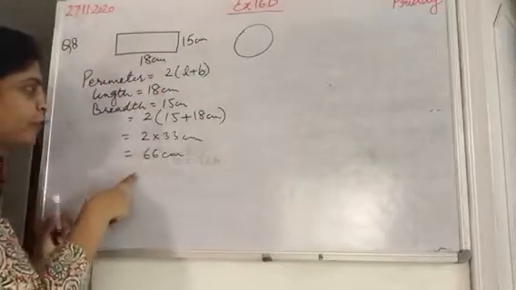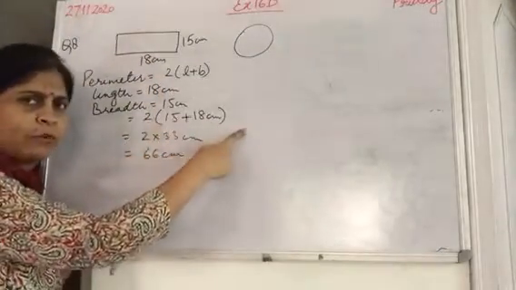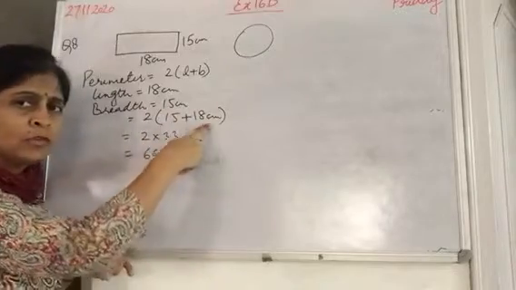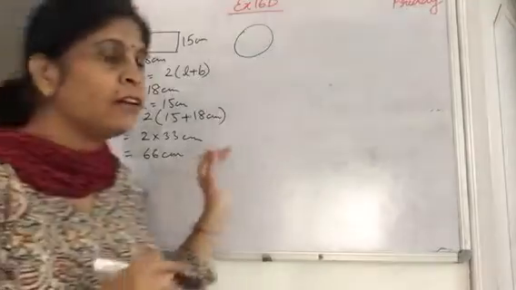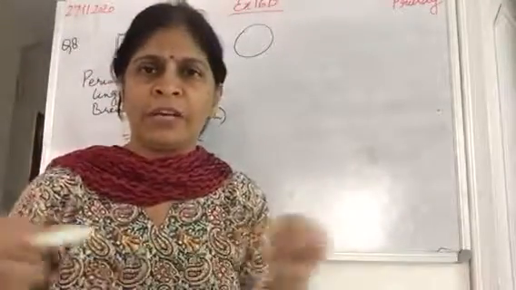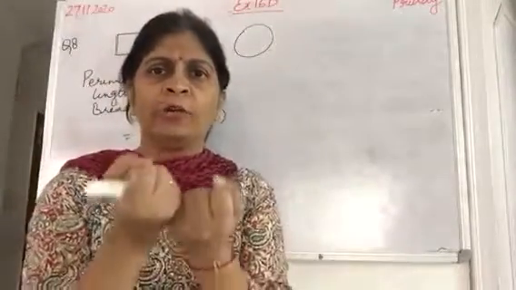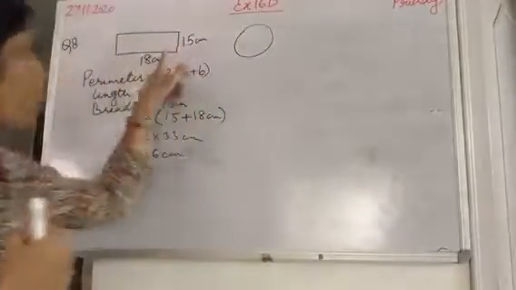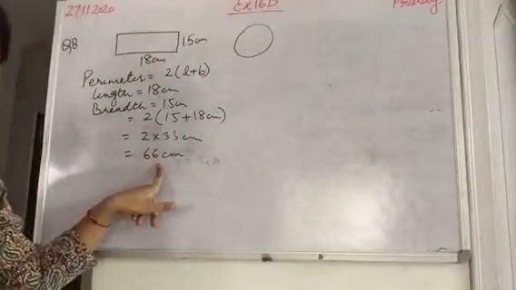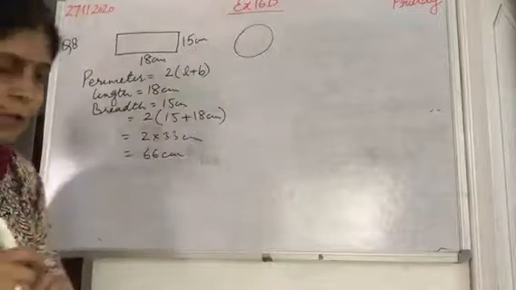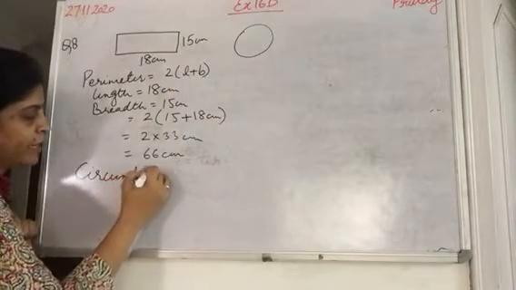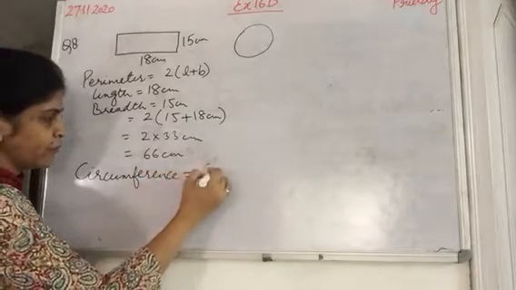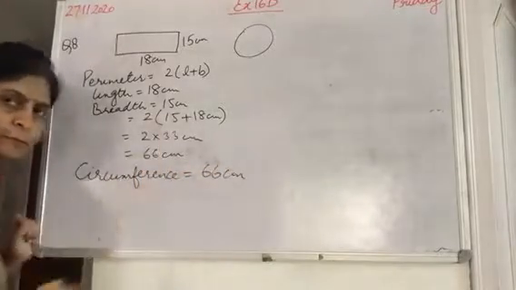So when we find the perimeter, using the formula 2 times (L plus B), we place the length and breadth values and solve it, it is 66. Now this wire will be rebent, it will become straight and then again be bent into the shape of a circle. So whatever the perimeter of this rectangle is will be the same for the circumference. So the circumference of the circle is 66.